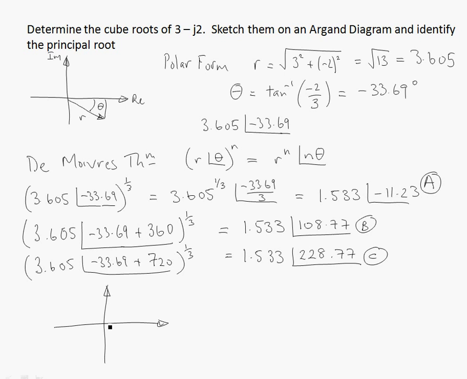Sketching those on an Argand diagram. Well, A is minus 11, so that's down there somewhere. I'll just put a little A next to that. B is 1.533 at 108, which is just a little bit beyond 90, so that's up there somewhere. There's B. And C is 228, which is somewhere in the middle there, like that. So there's A, B and C. They're all separated by 120 degrees, nicely spread out throughout the Argand plane. And the principal root is the one which is closest to the positive x-axis. So there's the principal